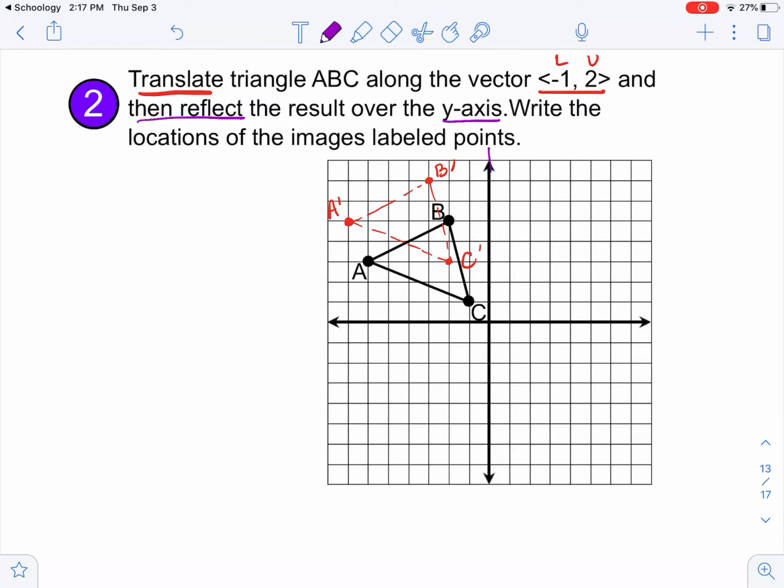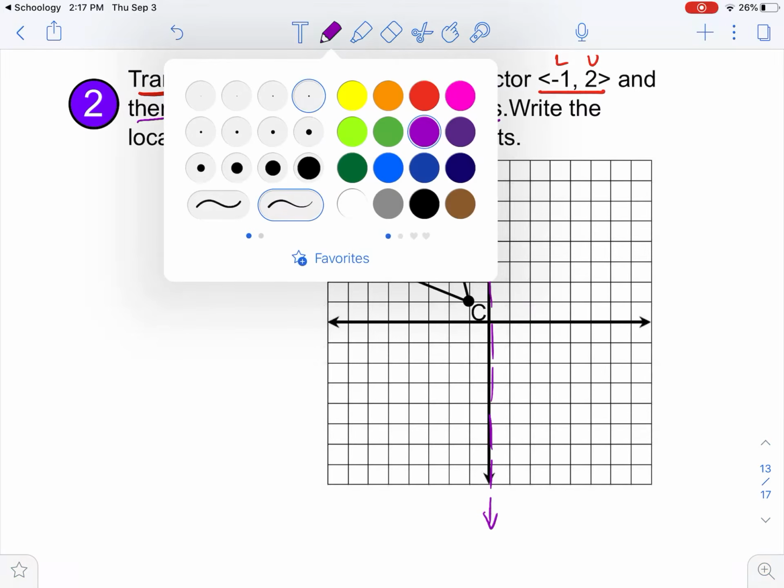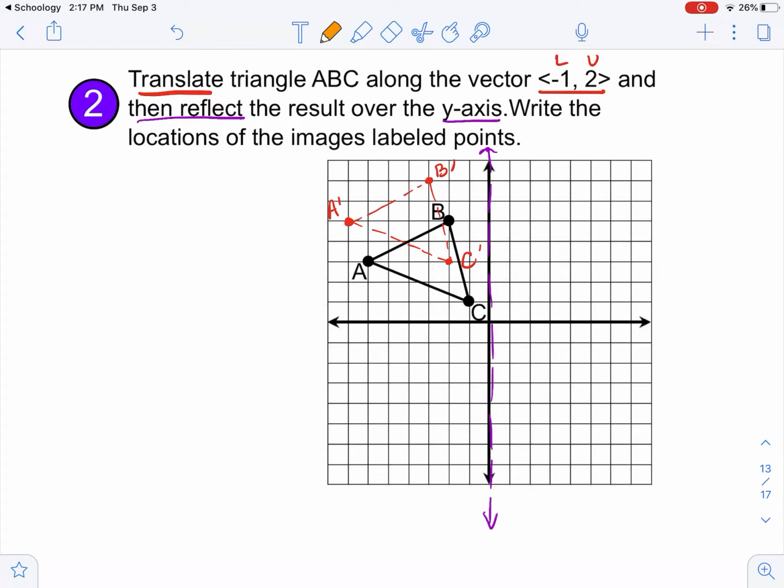So now I have to find the y-axis. Here's my y-axis. And I'm going to reflect all 3 of my points over that. Remember, you're reflecting A prime, B prime, and C prime. All right, A is 1, 2, 3, 4, 5, 6, 7 away from that. So there's my new A double prime. B is 3 away, B double prime. C is 2 away, C double prime. Connect those points,